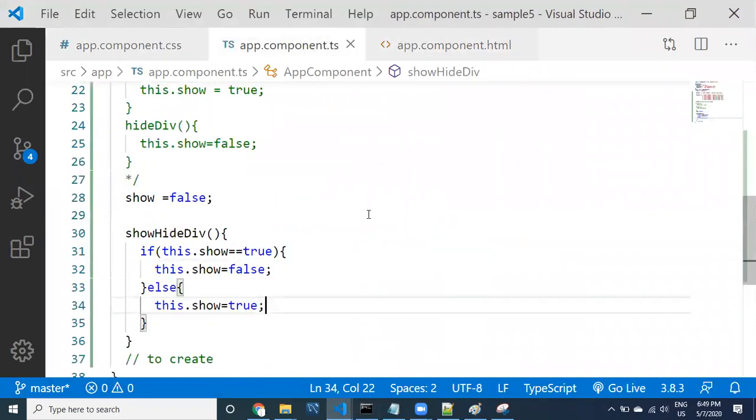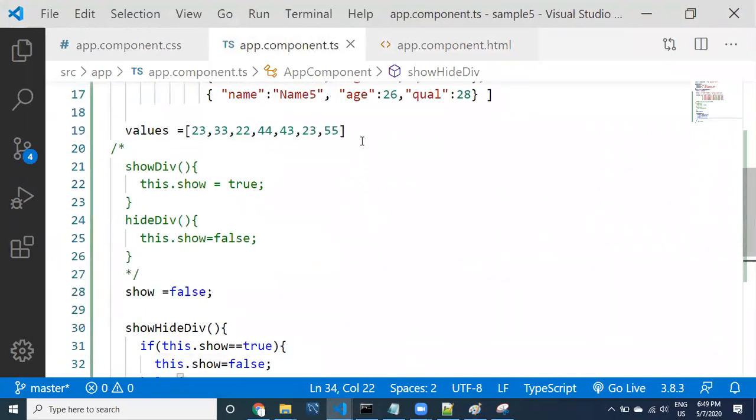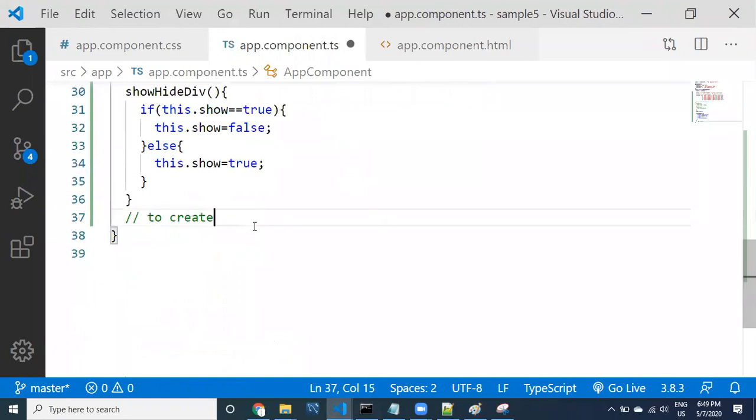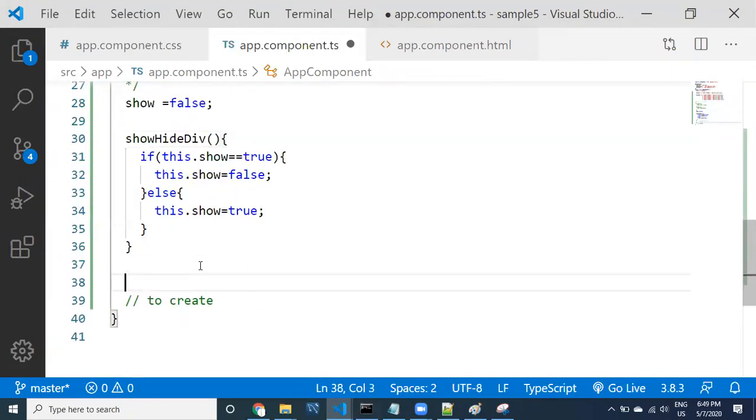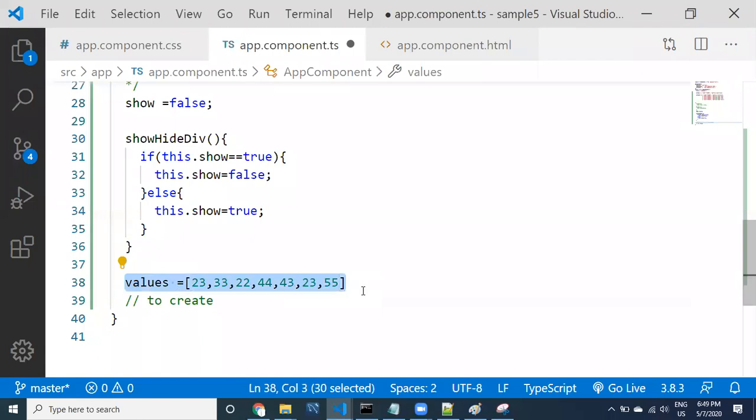Component.ts. Here in the TS, let's look at it, guys. I would like to take values. See here, guys, the method I have started here ends here, right? I'm not taking this one in the method. This should be instance level. This is not inside the method. This is inside the class itself.